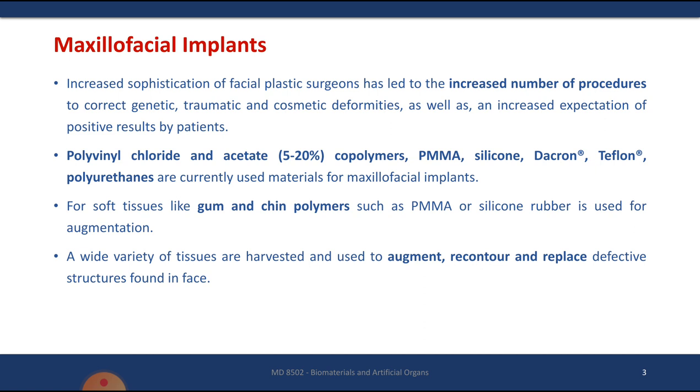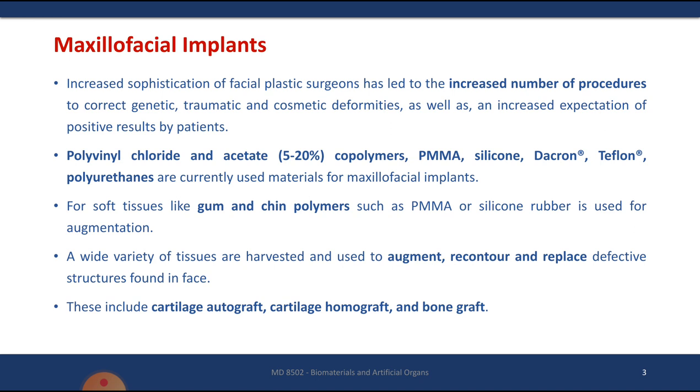So like I said, when there is a facial asymmetry, one side of the face will be aligned improperly, so they will be recontouring, which means they are aligning the curvature of the face. And then the third application is replace. So when we say replace, they will replace some part of the bone, they will cut some part of the cheekbones, and some part of the chin bone, and all those things will be cut and that will be replaced with a biomaterial. So these are the three main things done in the maxillofacial implants.